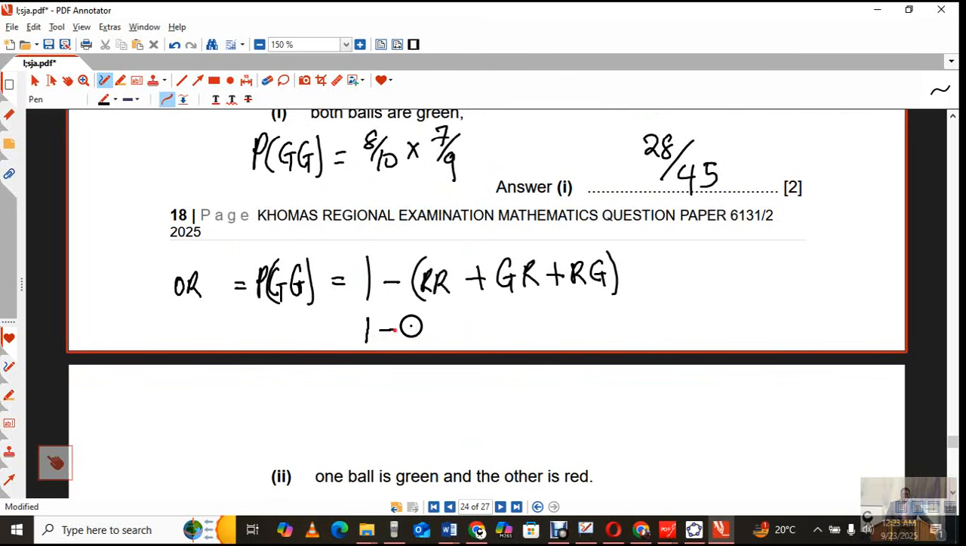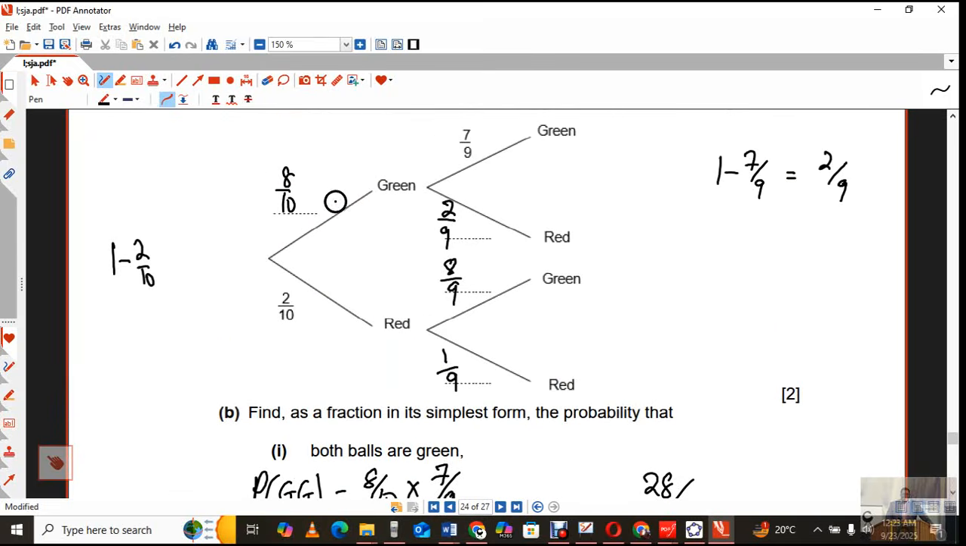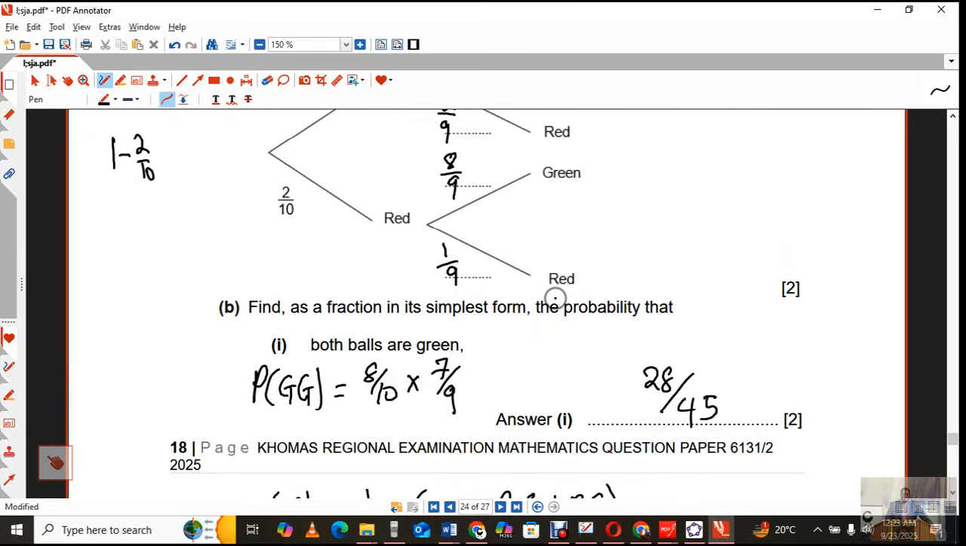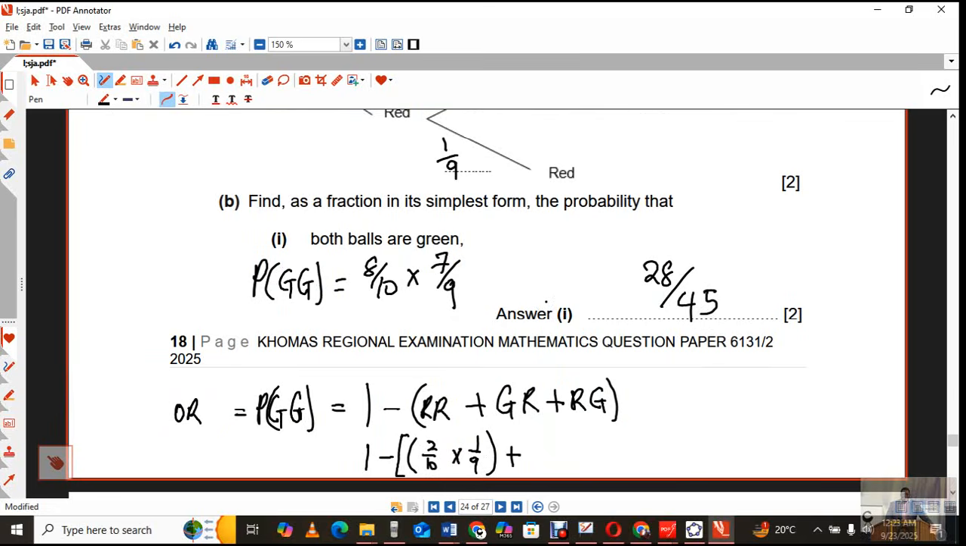It's going to be 2 over 10 times 1 over 9 plus green red, then you go to green, 8 over 10, 2 over 9, like that, 8 over 10,